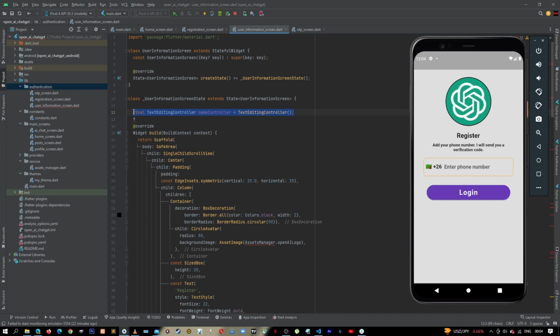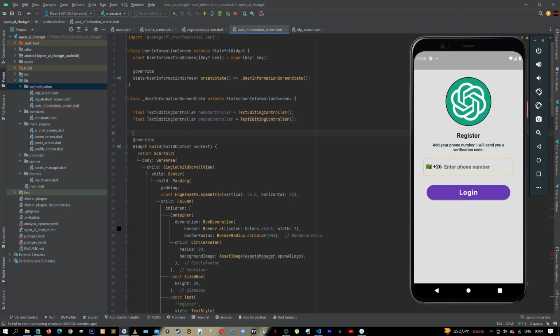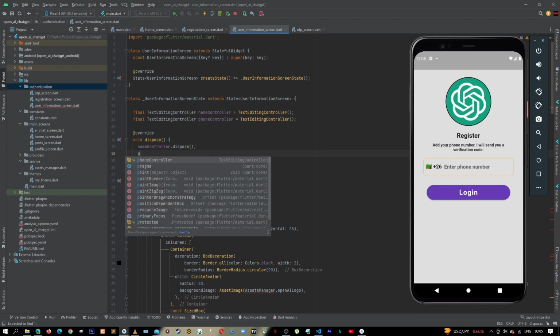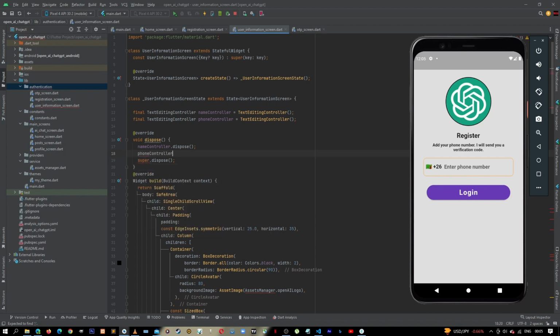Let's just copy this, then paste it down here, and then here we have our font controller, and then in the dispose method we can dispose these two. We have name controller dot dispose, and then we have font controller dot dispose. Okay, and then